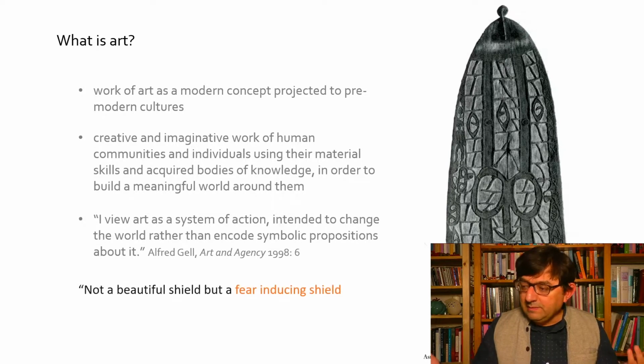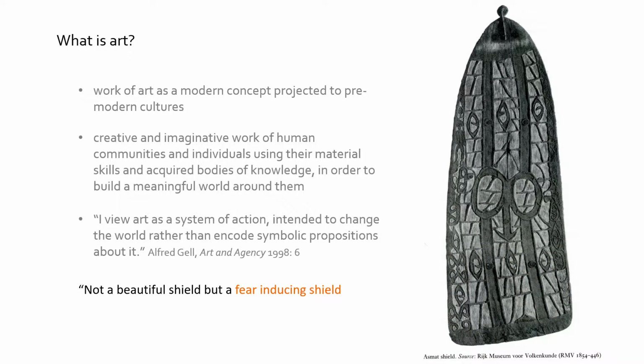And what do I mean by this? It's really this shield, for example, that you see on the right, which is quite fascinating. He refers to this as not a beautiful shield, but a fear-inducing shield, and so this is a really interesting example. This is an Asmat shield, and Alfred Gell proposes that as art,